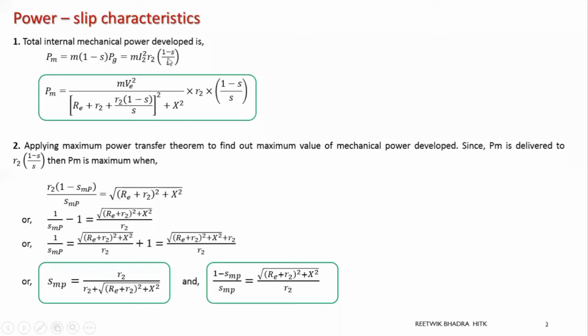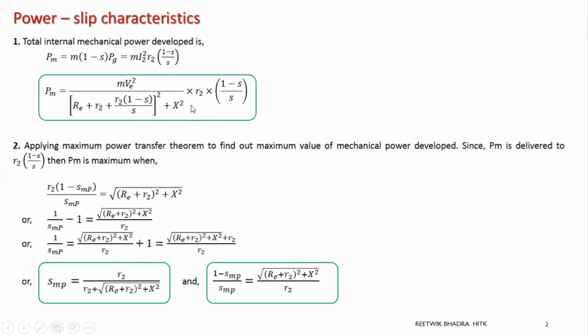Again, while deriving our Thevenin's equivalent circuit, we had also found out the I2 equation. We replace the I2 equation over here. I2 was nothing but VE divided by the impedance, so I2 square becomes VE square divided by the square of the impedance of the circuit. This capital X was written as XE plus X2, which we had done earlier, and we will be using it in problems also. Capital X is XT plus X2. Now we can draw this characteristic from here only, from PM.